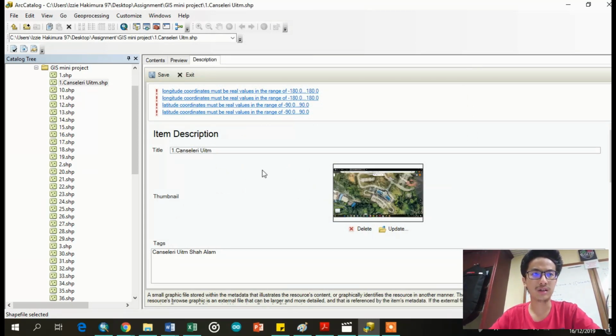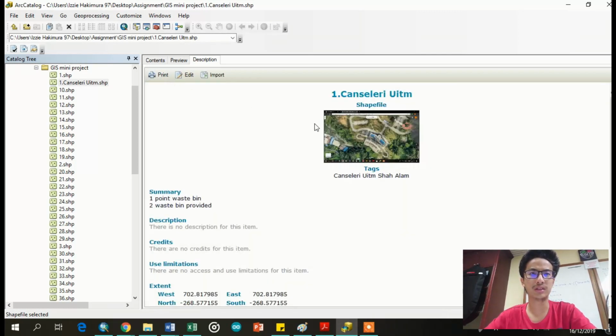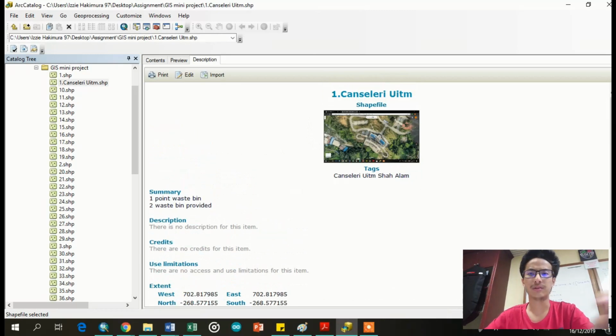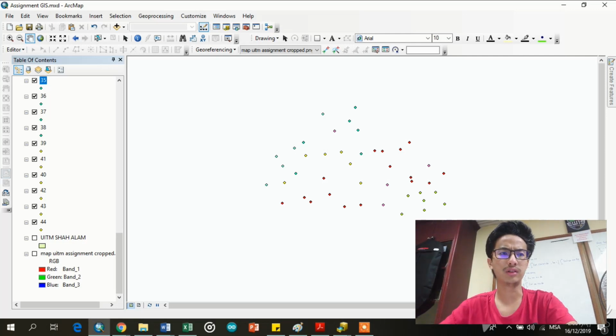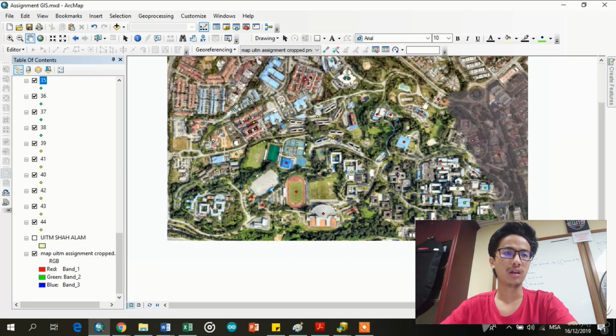After we finish our item description, we can click the save icon, and it shows the description of the Chancellery UiTM, where it has the summary and the text. Okay, after we point the location in the UiTM, we can have the scattered points within the UiTM campus.